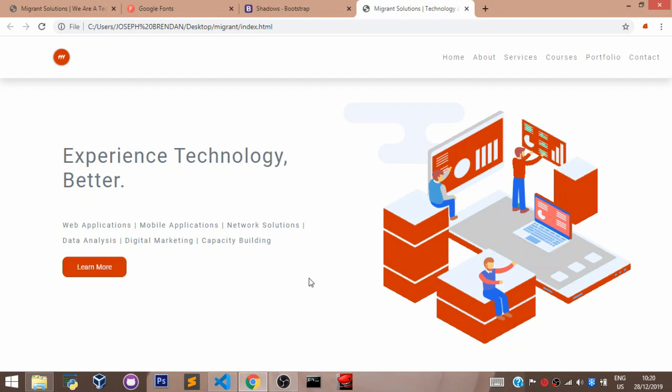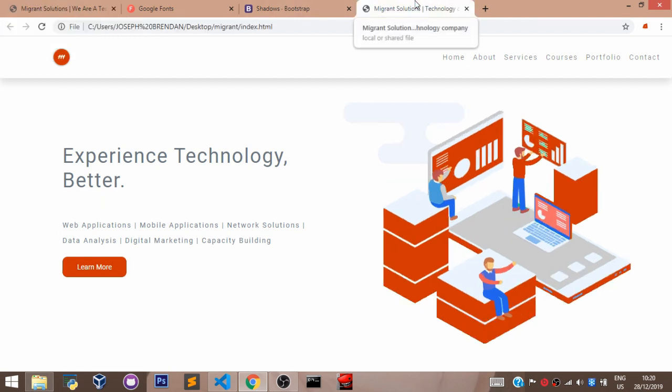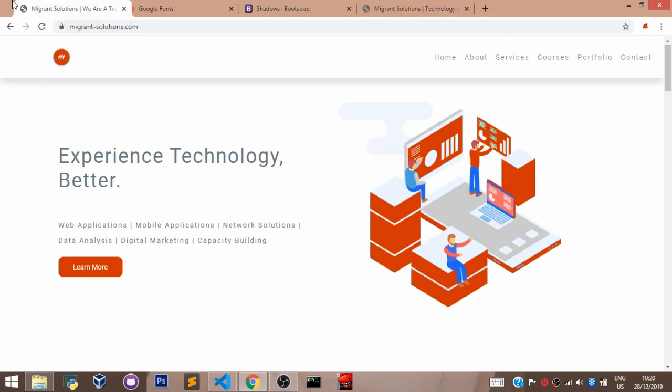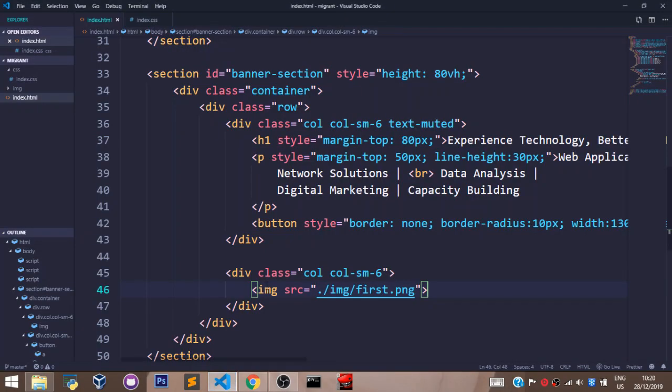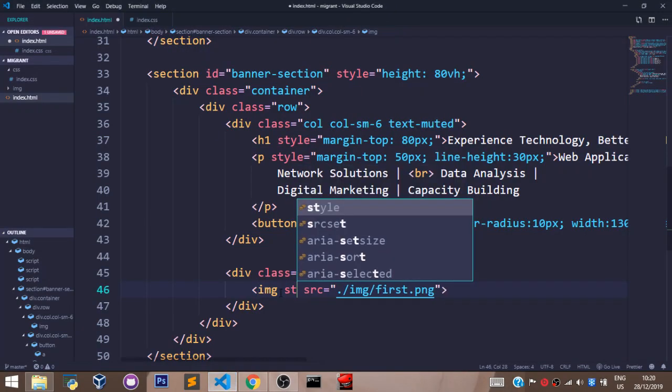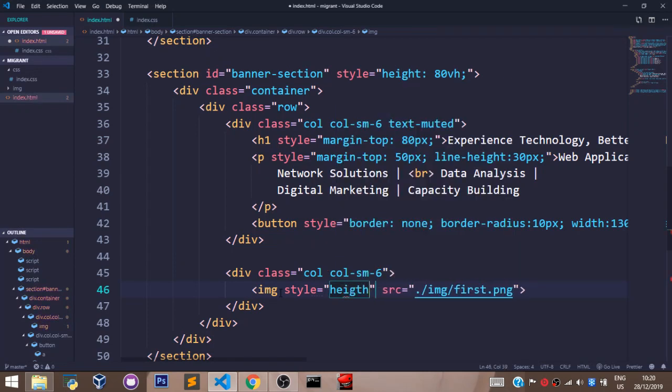So let's head over to the website we are building from and see what we have. The image file here is smaller than the image file here. So let's make this image file the same size as this. To do that, let's head over to our image tag. Let's set a style attribute with a height of 400 pixels